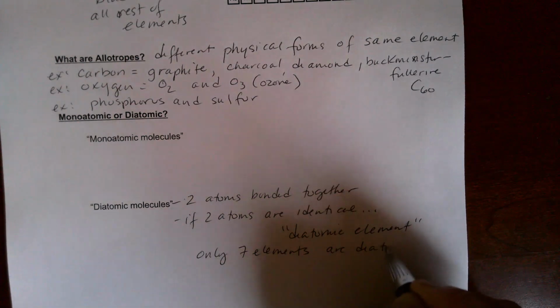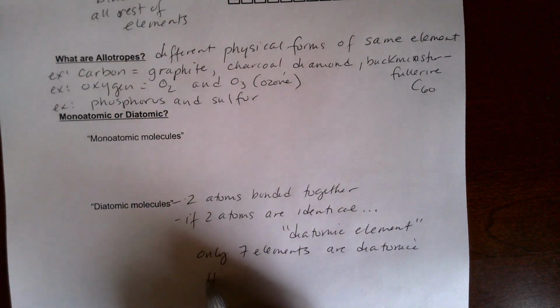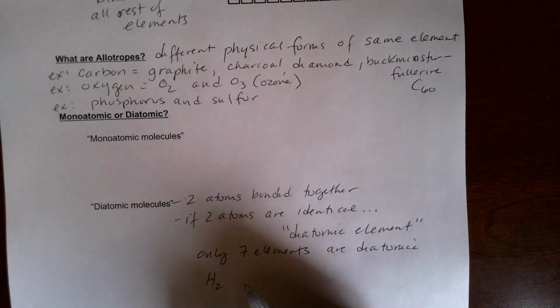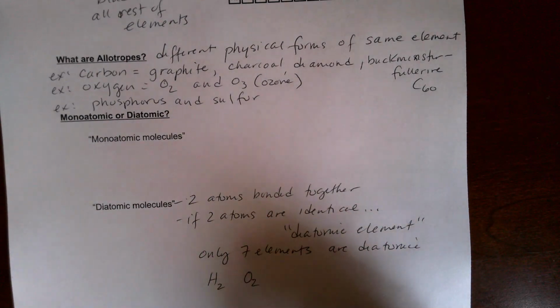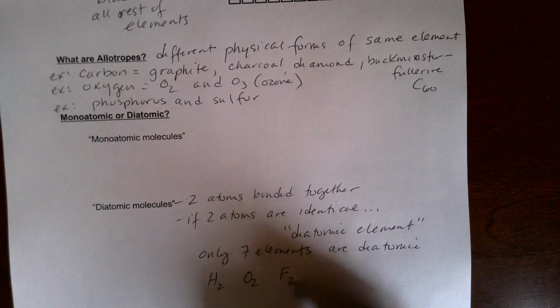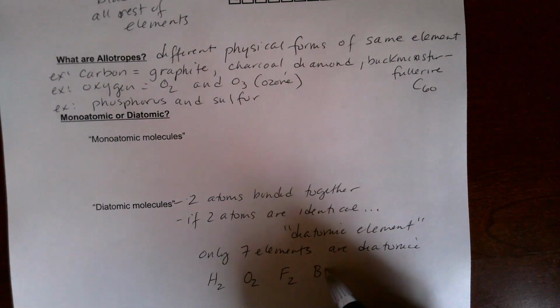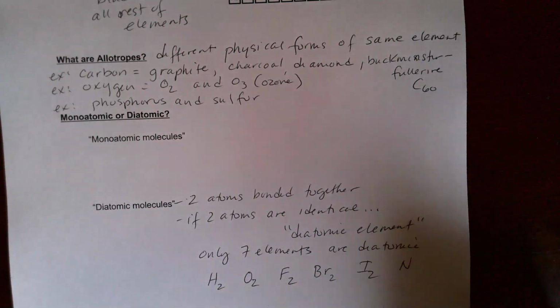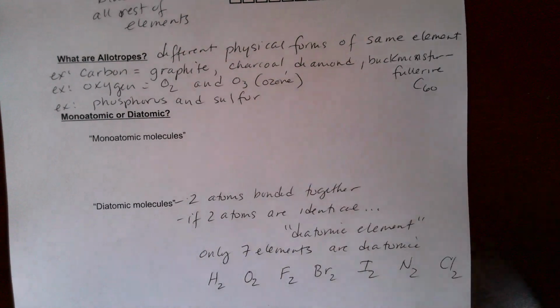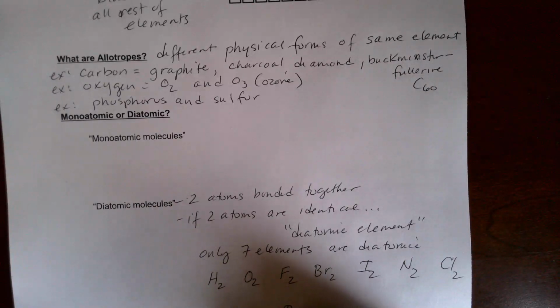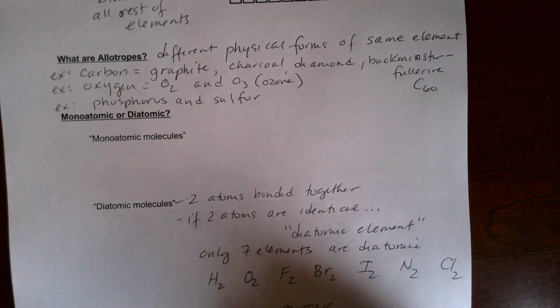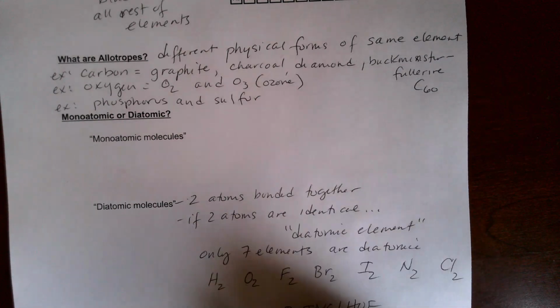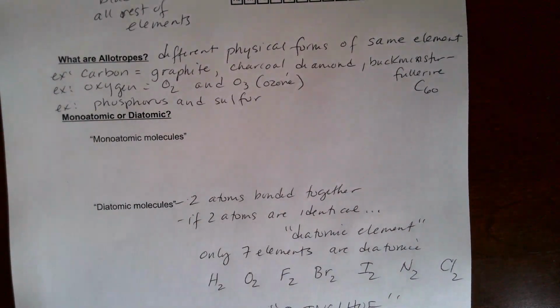are diatomic. And we've been abbreviating them as Hofbrinkel, meaning hydrogen, when it's in its elemental form, is H2. Oxygen, when it's in its elemental form, is O2. Fluorine is F2. Bromine is Br2. Iodine is I2. Nitrogen is N2. And chlorine is Cl2. I believe the Rosengarten text rearranges this to say, instead of Hofbrinkel, it swaps it to Brinkel-Hof. Either way, whichever way you want to memorize it, those are the 7 elements that are